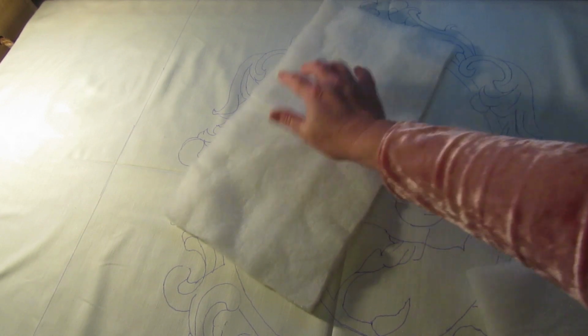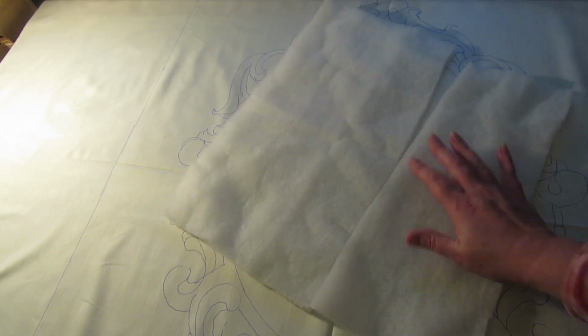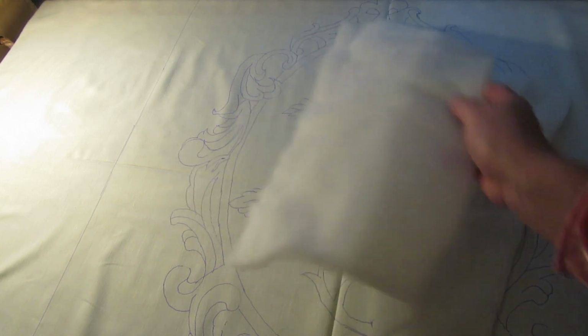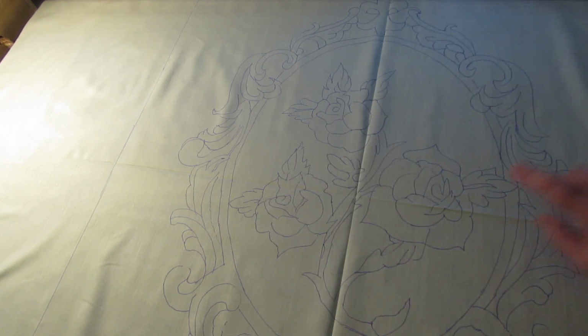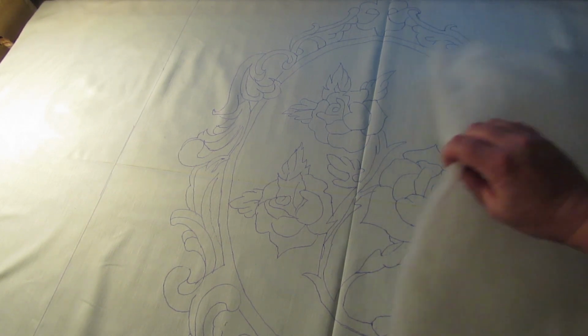I'm going to basically put them behind, and then just machine quilt the roses down onto the batting. That'll be extra batting so they'll lift up. Not sure if I'm going to do the frame. Don't think so though. So I'll go to the sewing machine now